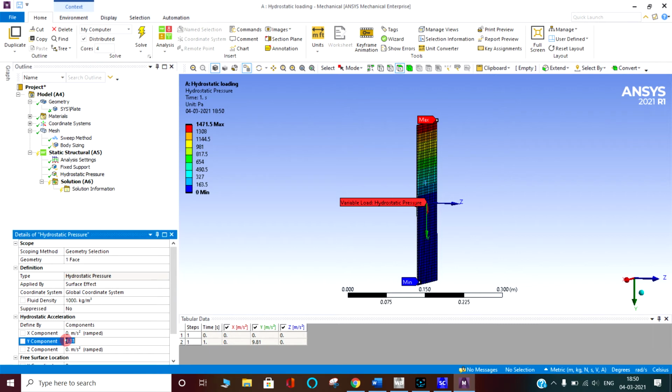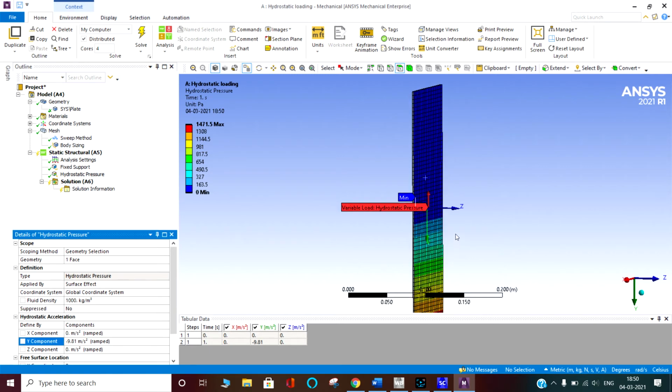So we have to go and change this y with negative g. We have put it negative g, then you can see the maximum pressure comes at the bottom. That's correct actually. When our coordinate system y is upward, g is applied in the downward direction. So okay, that's correct.